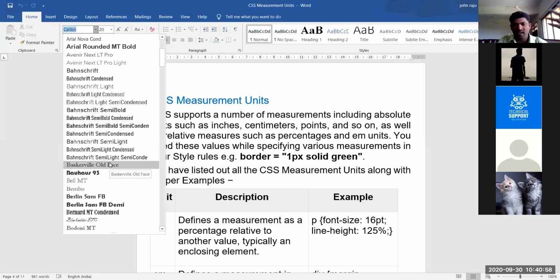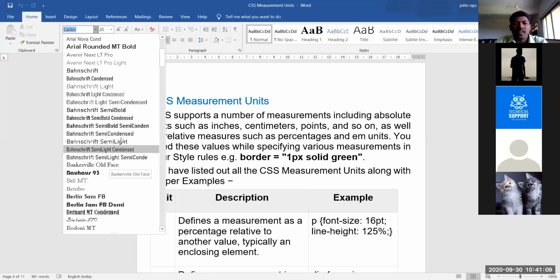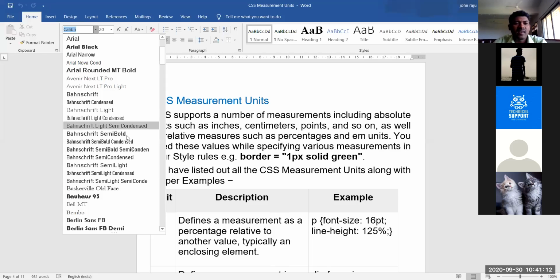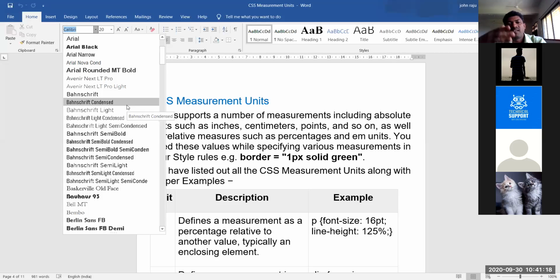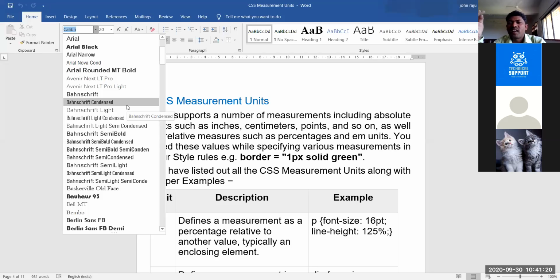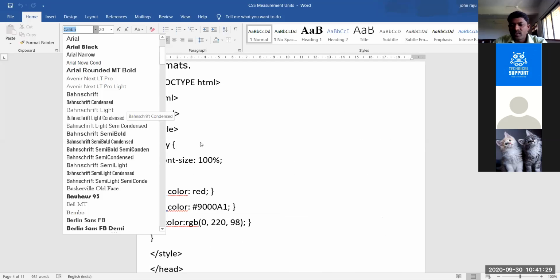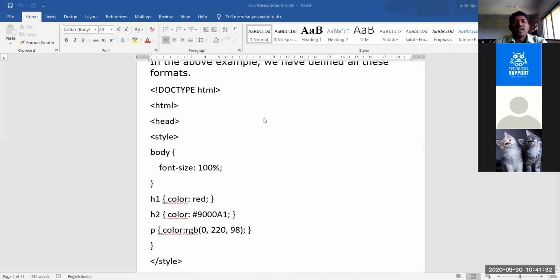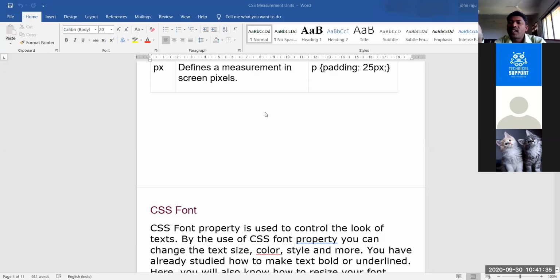Suppose Indian languages: Indian fonts are very different. Within India, nearly 20 to 30 languages are there. If you install separate software, those fonts will appear. That is also a font family: Hindi, English, Marathi, Bengali, Gujarati. In India, each state has its own mother tongue, and that is one type of font family. Generally we prefer English, which is also one type of font family. So these are all font families.